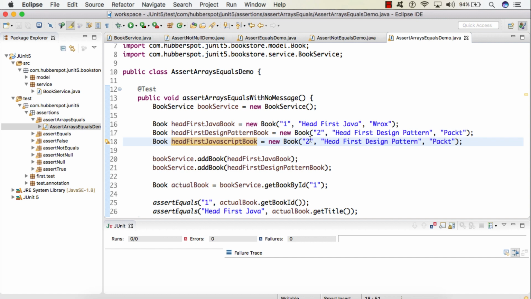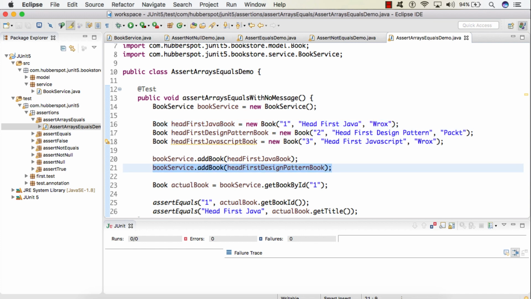We'll give an ID to it as 3 and a title as Head First JavaScript, and we will give a publisher as Vrox. So friends, here you can see that there are 3 books and 2 of them have publisher as Vrox.